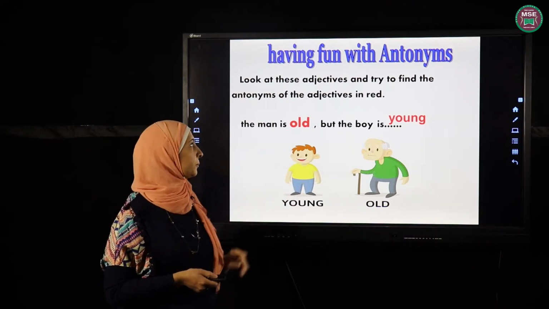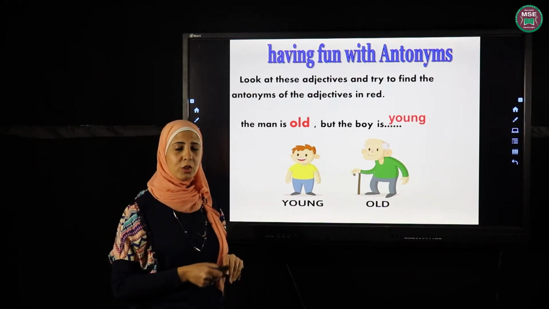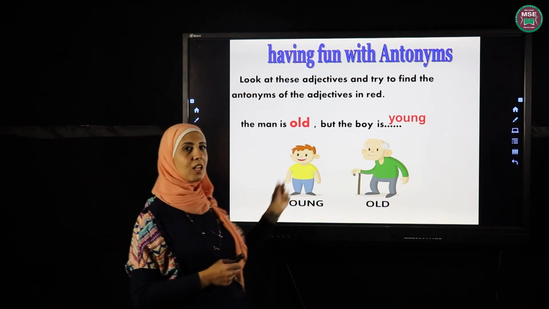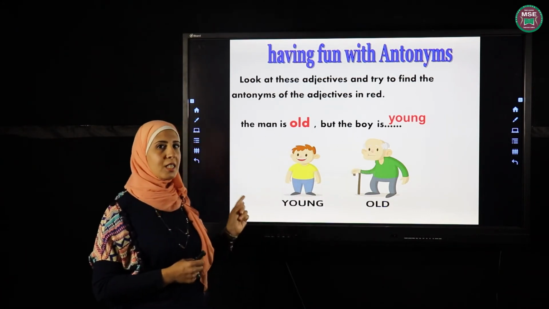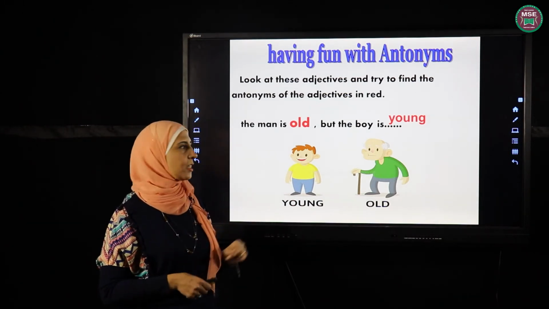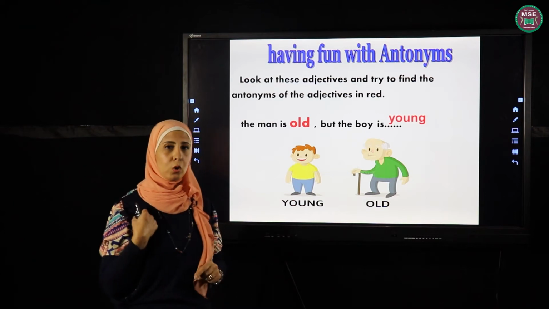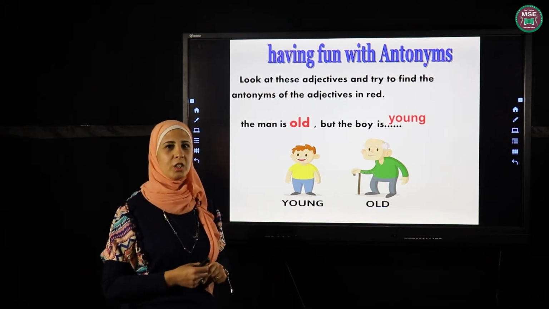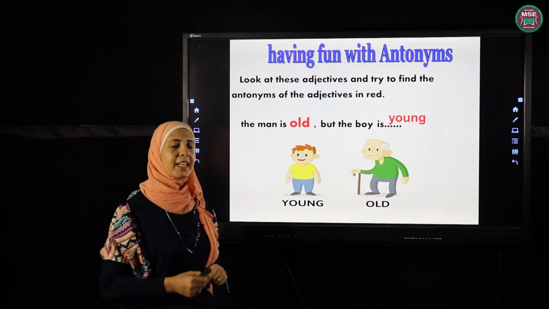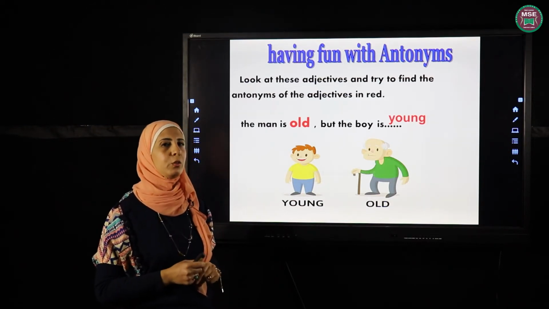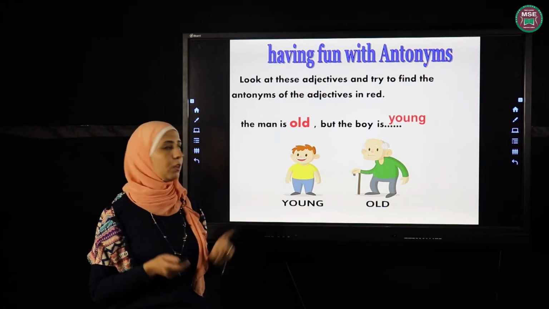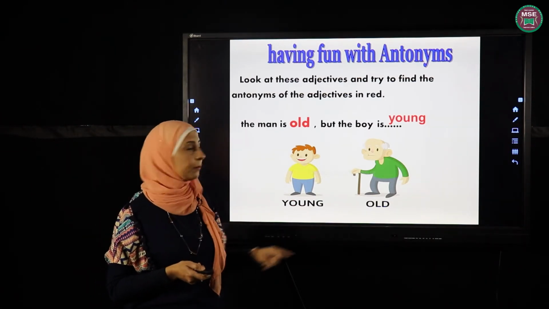Old, young. Okay, I have a smart question for you, by the way. Old has another meaning and it has another antonym. When I say my t-shirt is an old t-shirt, in this case, what is the opposite of old? If I said old t-shirt or old car, old house. As I can hear you, good job. The opposite in this case will be new. Okay, old and new, old and young.